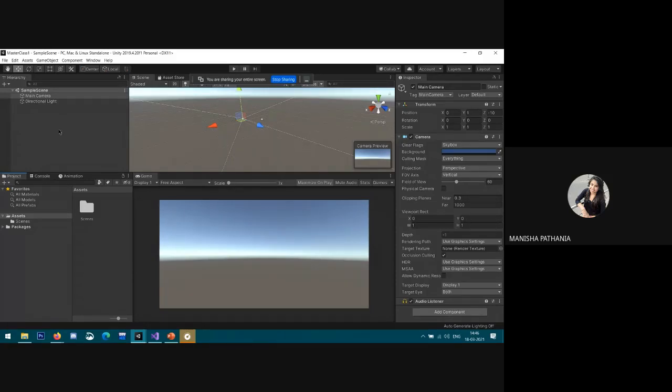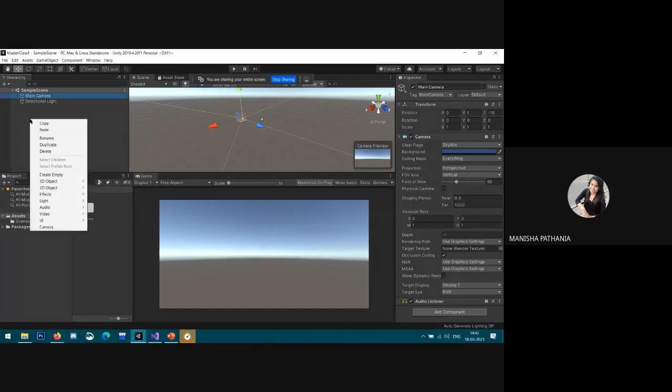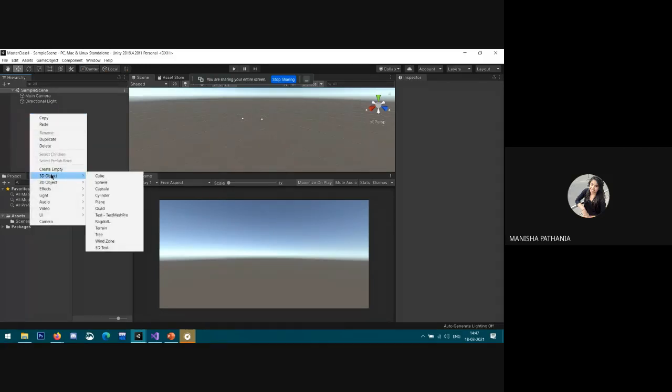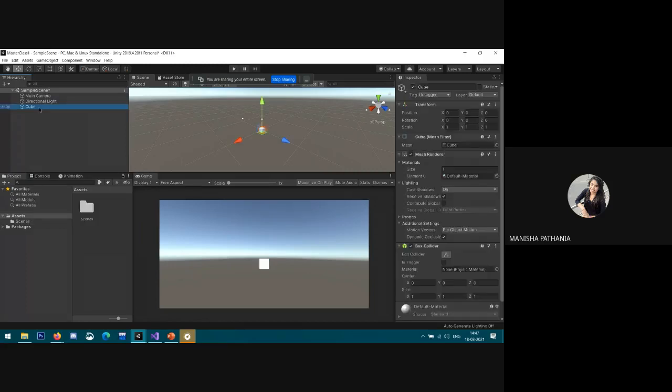First we want to create a ground plane. For that, I need to right click, then click on 3D Object and select Cube, for example, and first rename it as Ground. Perfect.